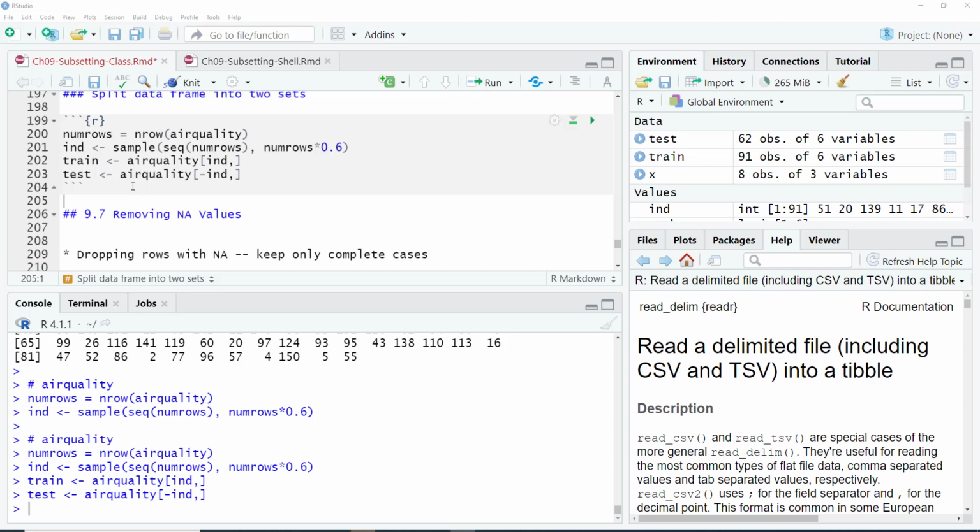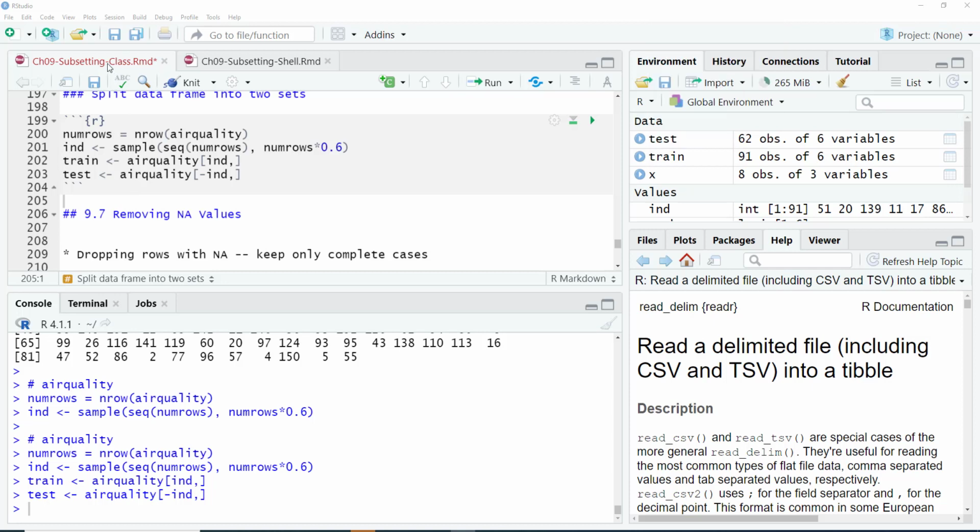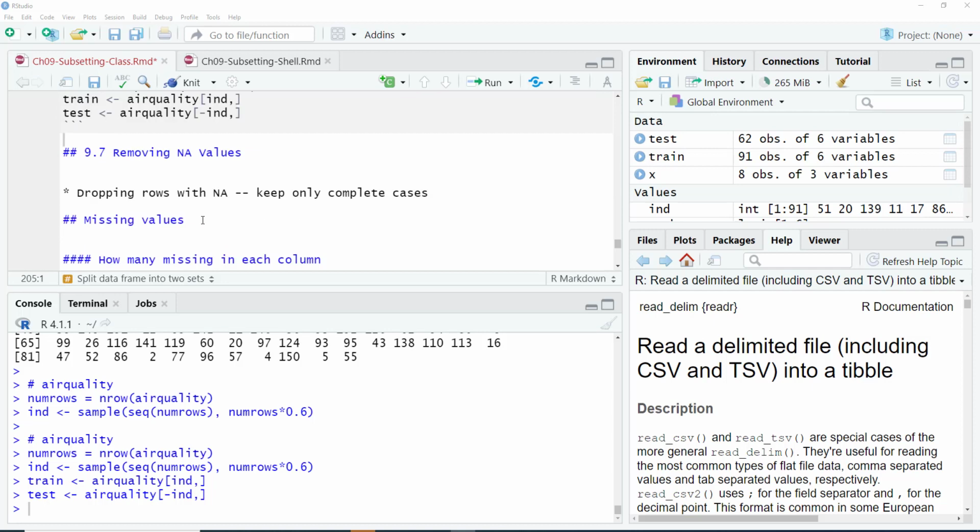Okay, now let's look at dealing with missing values. What if there are missing values? How do you deal with it? That's a major task of preparing the data for data analysis, right? So, removing NA values. Let's start with